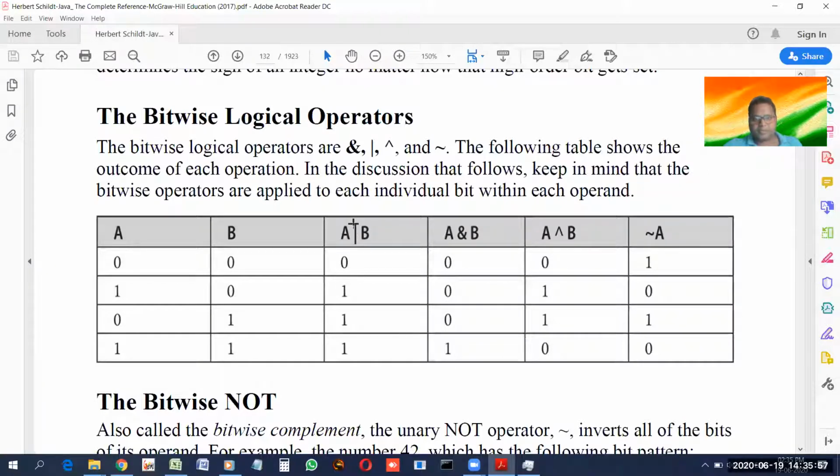So this symbol represents OR. Remember, students, this one, where the mouse pointer is. This represents the OR gate, the OR operator. The gate works the same way. This ampersand symbol, we usually say it AND in English. So this represents AND, of course. This is XOR, and this is NOT. NOT means if input is 0, output will be 1, and if input is 1, output will be 0.